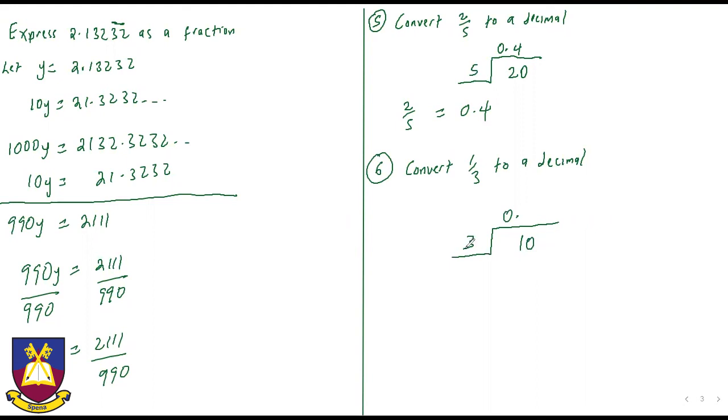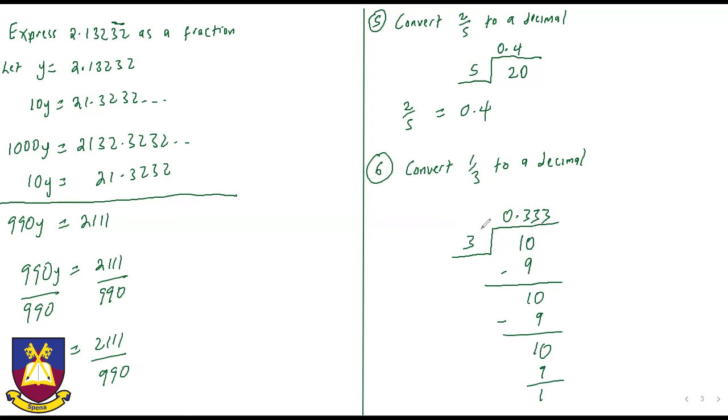10 divided by 3, that's 3. There's a remainder. 3 times 3 is 9. So when we subtract, we get 1. Now we shall put a 0 here, and we repeat the same process. 10 divided by 3 is 3. 3 times 3 is 9. We subtract, we get 1. We repeat the same process. 0 here. 10 divided by 3, 3. 3 times 3 is 9. And this is 1, we put a 0, and it's obvious the process will go on and on and